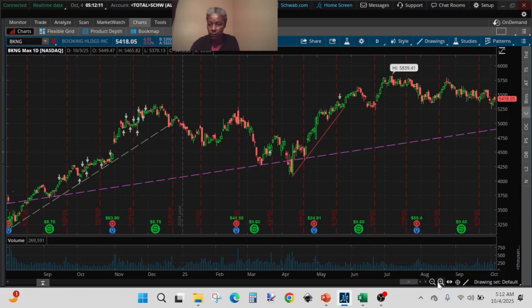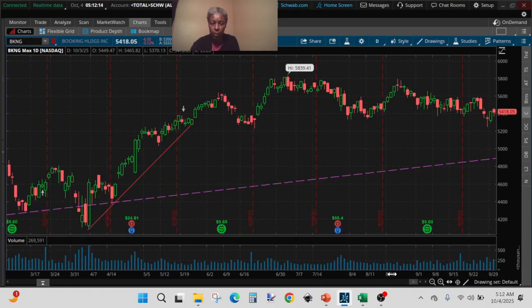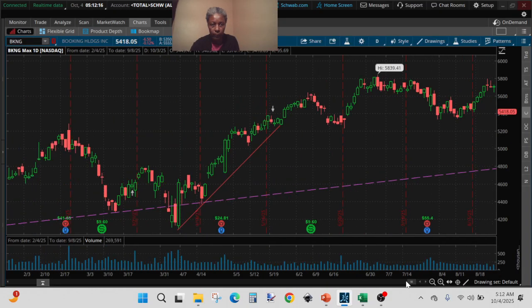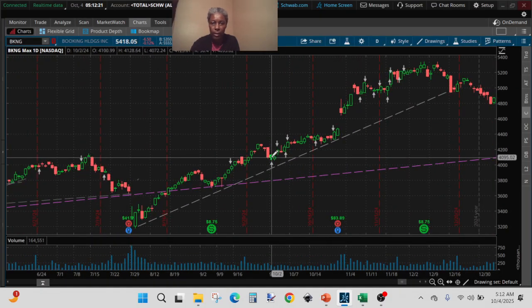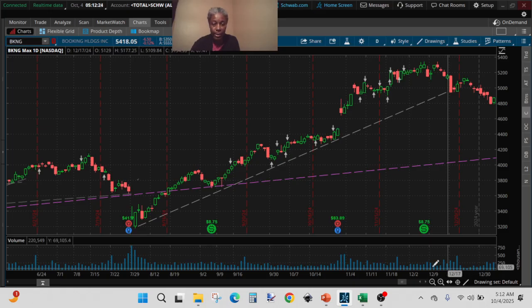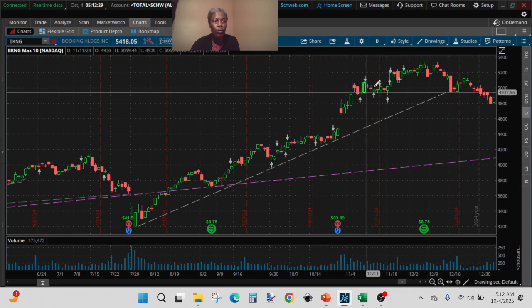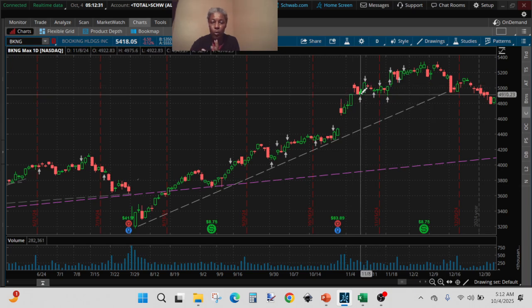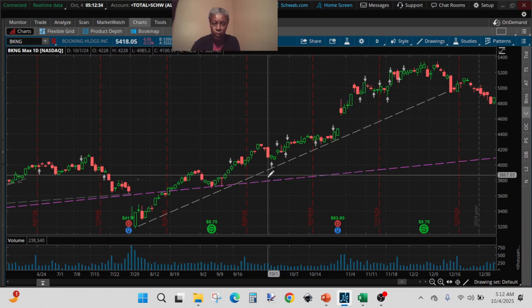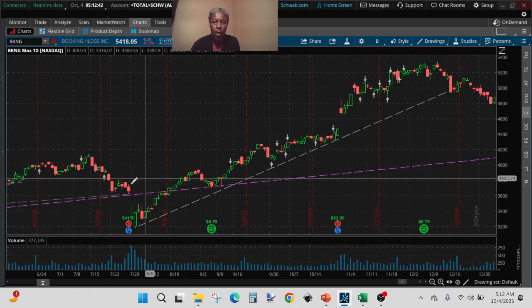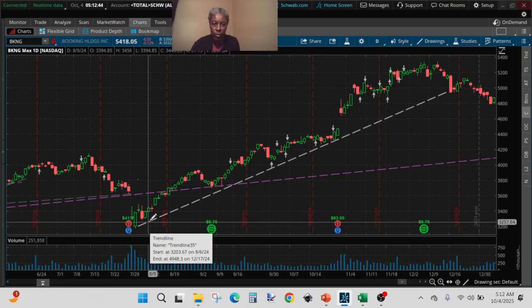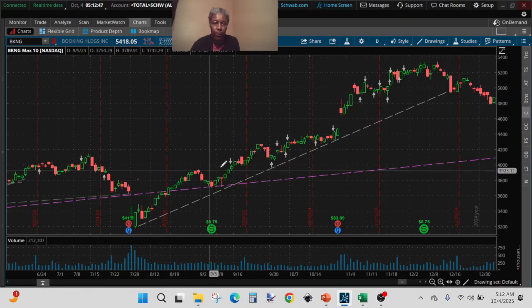So let's see if we can zoom a little bit more. For instance, in 2024, the date is on the x-axis and the price on the y-axis. In 2024, I swing traded BKNG using the short upturn line swing trading strategy. You can see this purple line, that's the one we are trading on this year, like purchasing. But in 2024, we used the short upturn line swing trading strategy, and I had this support line that I purchased